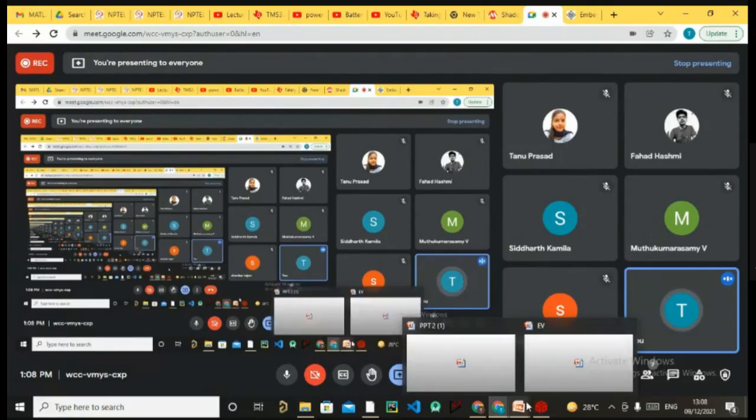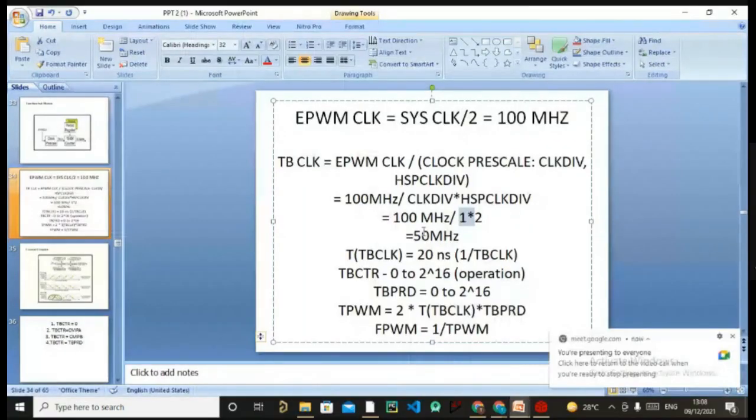So I guess now it is clear to you how you are generating the PWM frequency. If your TBPRD is 2000 and your TB clock is 20 nanoseconds and you are using up-down count mode, so 2 into 20 nanoseconds, that is 40, into 2, that will be 16. So 1 by 16, whatever that comes out to be, that will be your frequency of